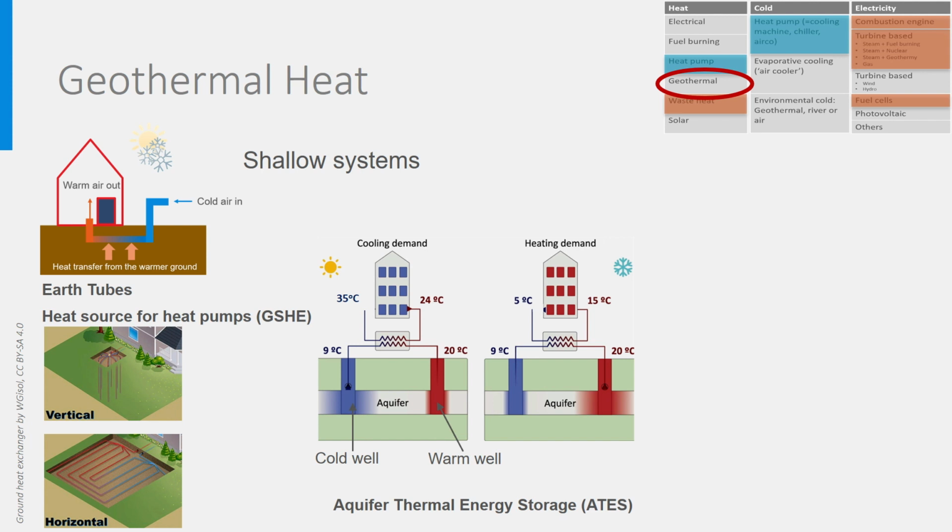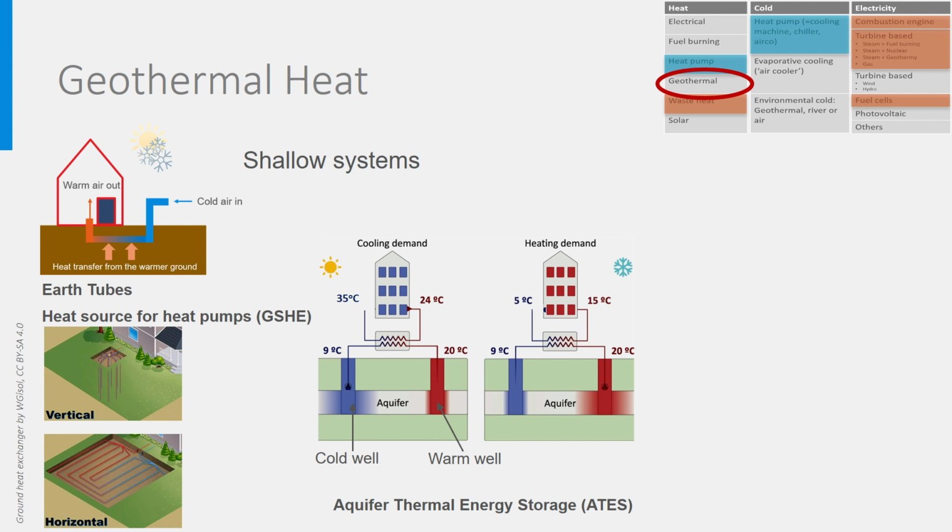If we pump the cold water from the aquifer, we can easily transfer heat from the warm air to the aquifer water flowing through the heat exchanger. In this picture, I used aquifer water at 9 degrees, which is often the temperature in Northern Europe. So, the cold water from the aquifer is pumped and heated by the warm air up to 20 degrees in this example. This aquifer water at 20 degrees is then injected into the aquifer using a well placed far enough from the cold well, generally a few hundred meters.